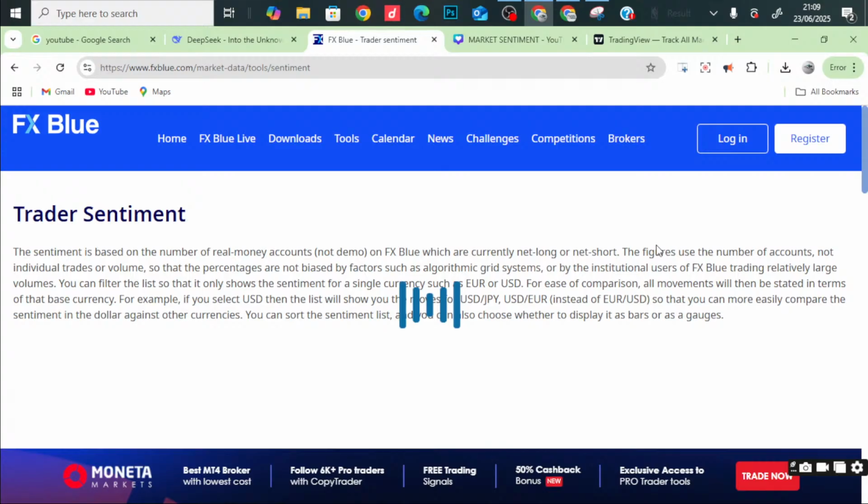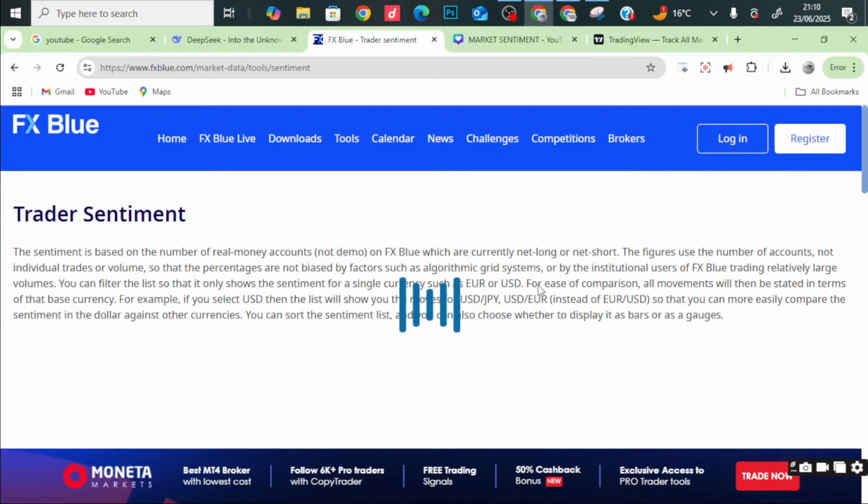The figure uses the number of accounts, not individual traders or volume, so that the percentages are not biased by factors such as algorithmic trading systems or institutional users of FX Blue trading the largest volume. You can filter the list so that it only shows the sentiment of single currencies such as Euro, USD